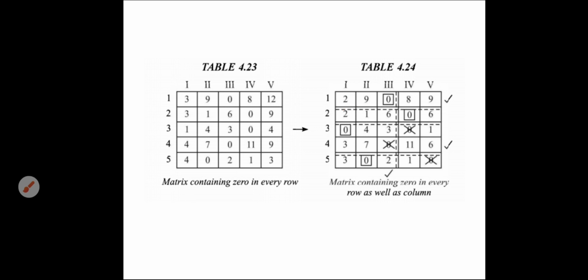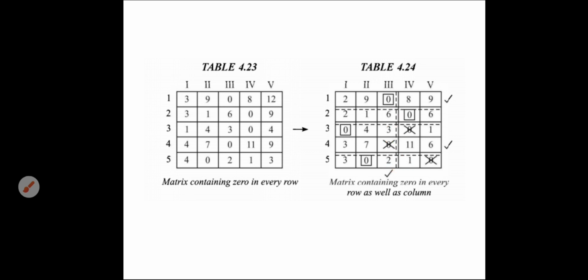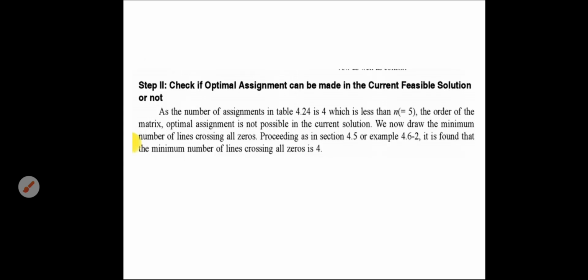Now you add the same number at the intersections. How many intersections are there? In total there are 4 lines: the first column line, the third column line, and the second row line. Here you add 6 plus 2, then 3 plus 2, and then 2 plus 2. 6 plus 2 is 8, 3 plus 2 is 5, and 2 plus 2 is 4. You write these down in the column, and the other remaining values remain the same. Then you will get the next table.